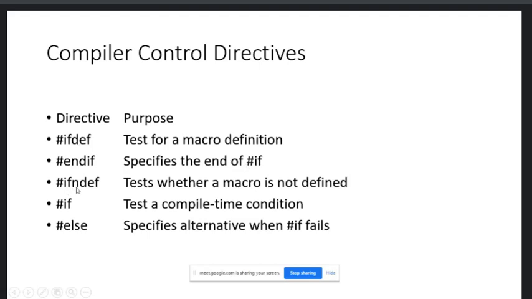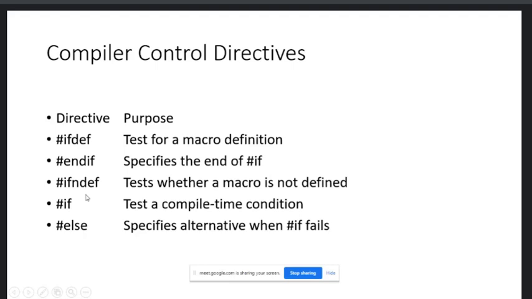Similarly, ifndef stands for if not defined, to test whether a macro is not defined. This would test for a macro definition, whether a macro is not defined. if tests a compile time condition. else specifies the alternative when if fails.